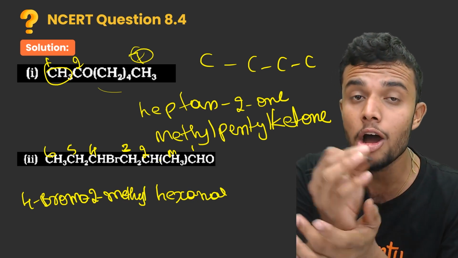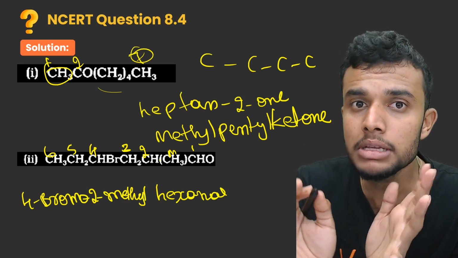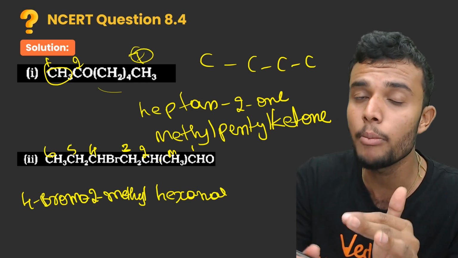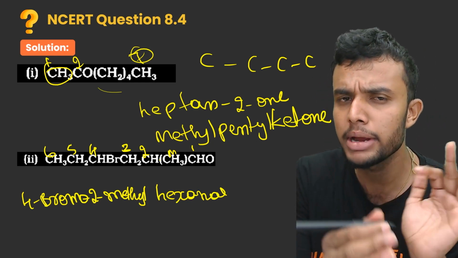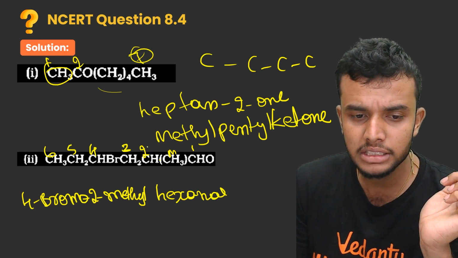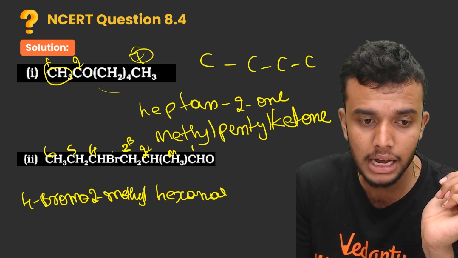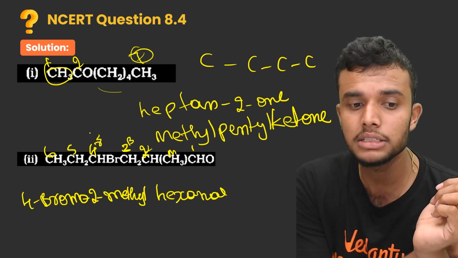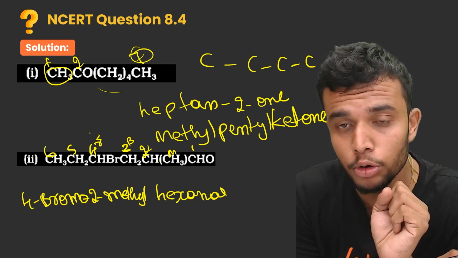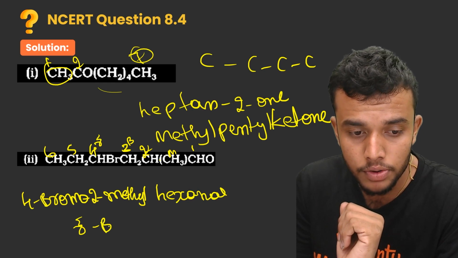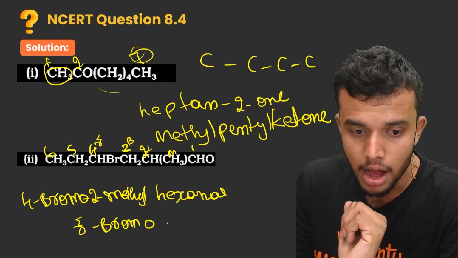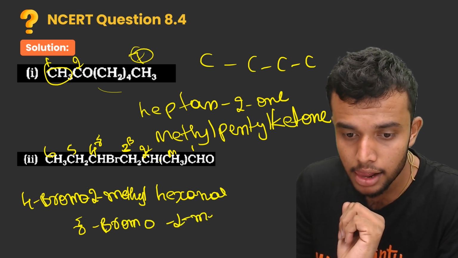Let's move on to the common name. Common name is different. I already told you, common name numbering is different. For the common name, we introduce the new terms alpha, beta, gamma. This carbon becomes alpha, this one becomes beta, this one becomes gamma. At the gamma position, the bromo group is there. That's why the common name becomes gamma-bromo, alpha-methyl